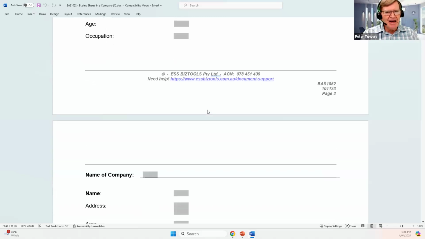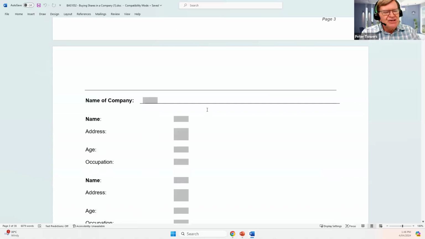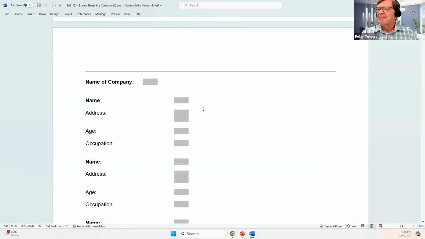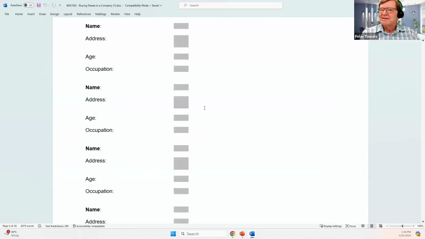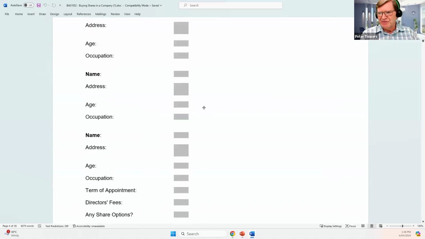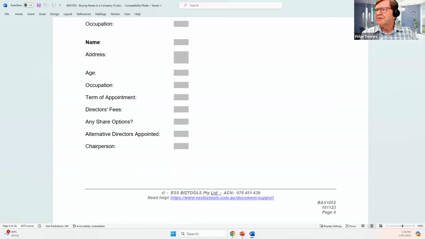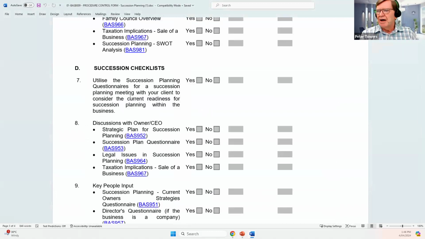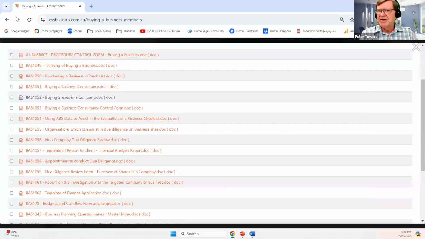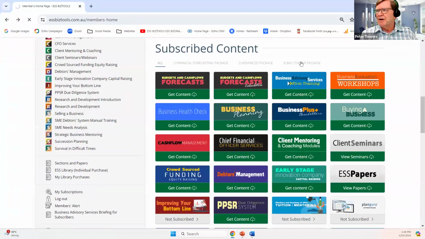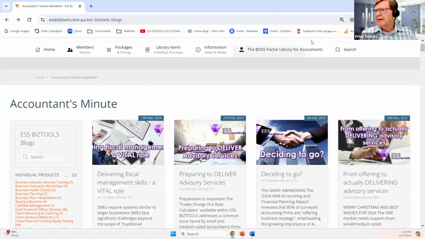There's a few thousand of them. They don't come up for each product package, of course, and you might not use some of them ever, even if you remain with ESS BIZTOOLS for a decade. Some of them will not come into play with your clients. So hopefully that gives you an idea of the type of material which we've got there to assist you to be able to attend to some of these tasks to help a client.